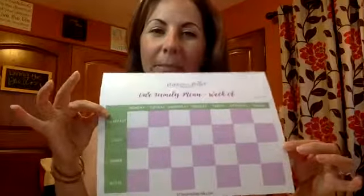So the first thing I do is I look at my planner and I see what's going on for the week. And as you saw in this template, I have it for breakfast, lunch, and dinner, but I'm gonna talk really more specifically about